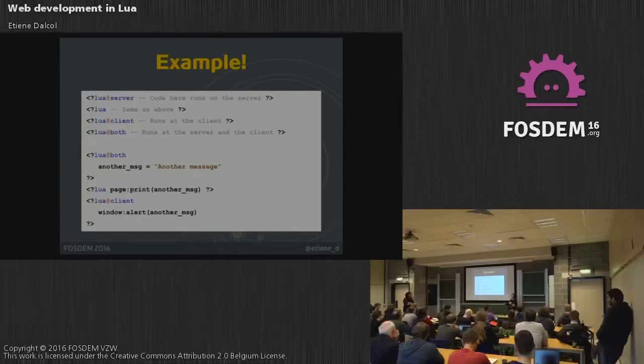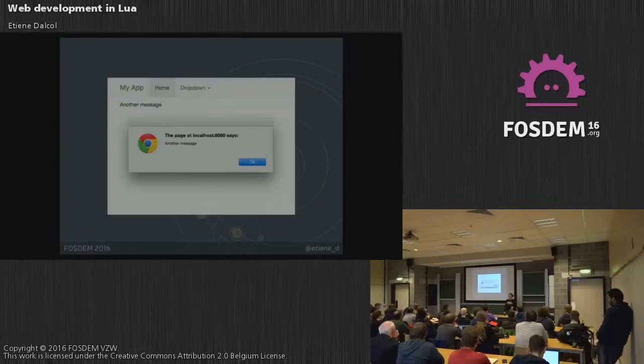And Lua above, which will make a copy and run both on the server side and on the client side. So if you do this, we are creating a message both on the server side and on the client side. We can print it from the server, and we can do things on the browser like popping up an alert message or creating a div somewhere outside. And this will be the output if we render that view.